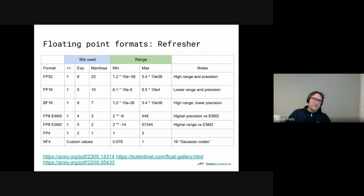A few words about floating point numbers. As people have been working on running machine learning models more efficiently in production, different types of smaller floating point formats and integer-based formats have been devised to simplify, to make the memory requirements smaller on the one hand, but also make the forward and backward pass faster. And in particular, we have formats like FP8, which are now natively supported by accelerators like H100,